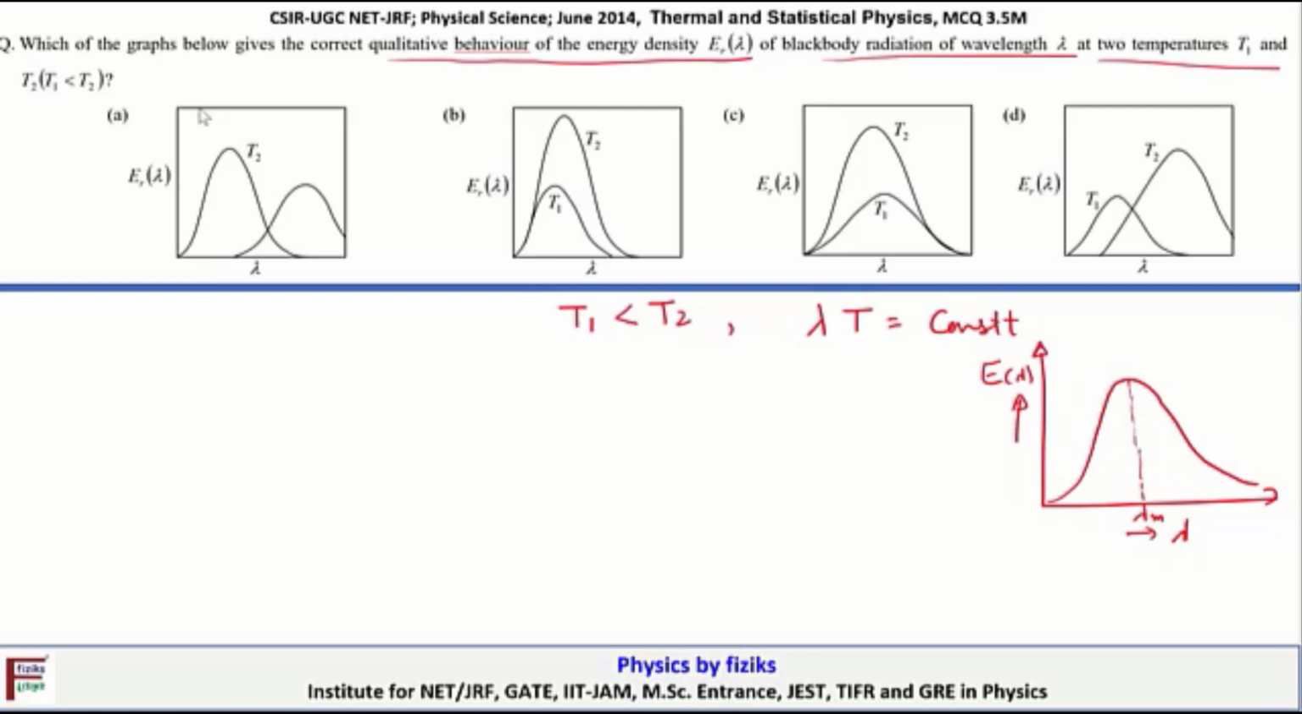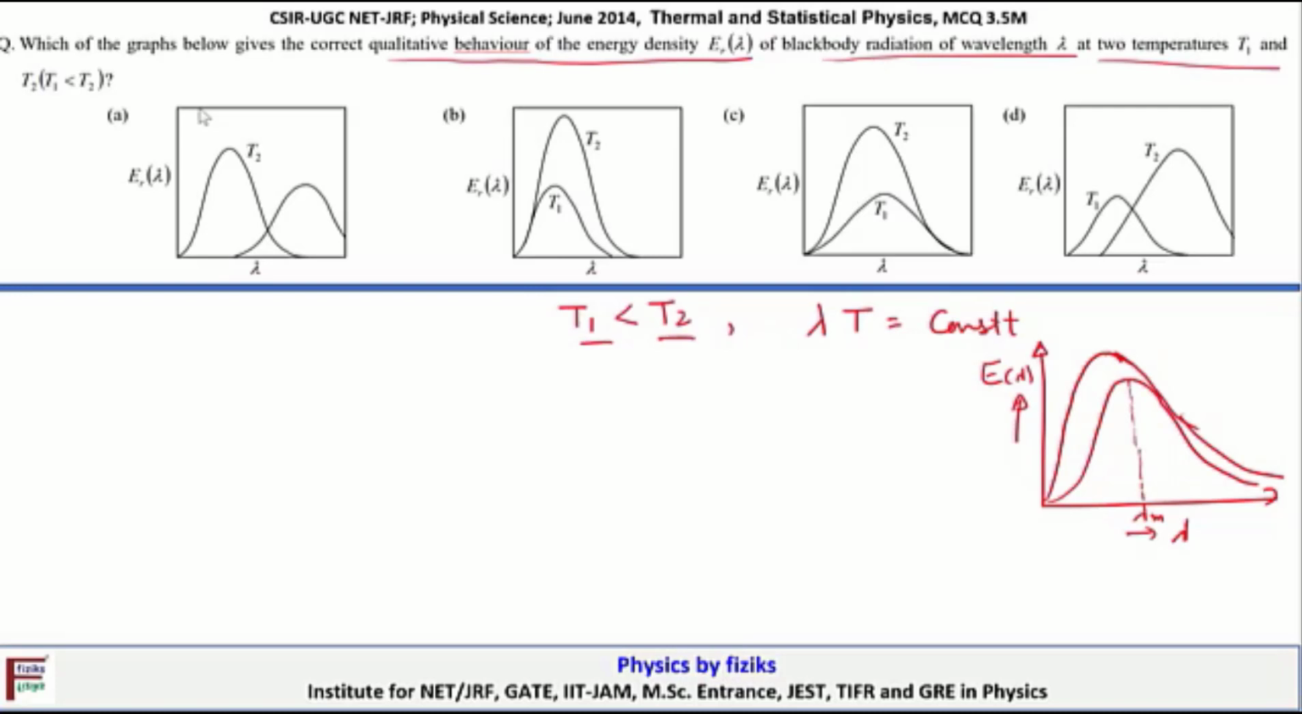So when the temperature of the cavity is changed, this curve shifts toward the lower wavelength. So the maximum in the energy density will occur at a lower wavelength, and its behavior is something like this. And the point is that at a higher temperature, the energy density of the black body radiation goes to a higher maximum when compared with the lower temperature. So with these 2 points in mind,